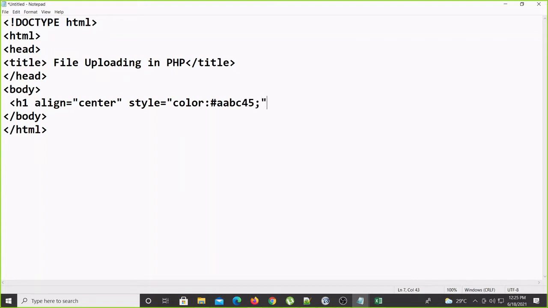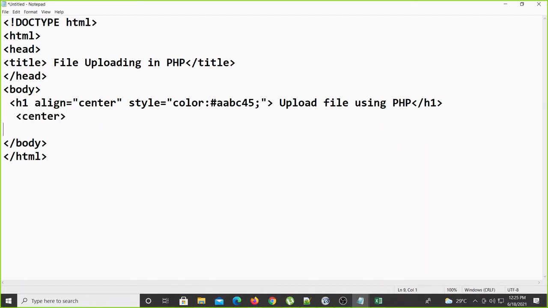Close this, heading of the file: upload file using PHP, close the h1. Okay, this part is done. Now we have to create the form. This tag you know already. I'll create the form in the center only, so it is visible for you in the proper way.